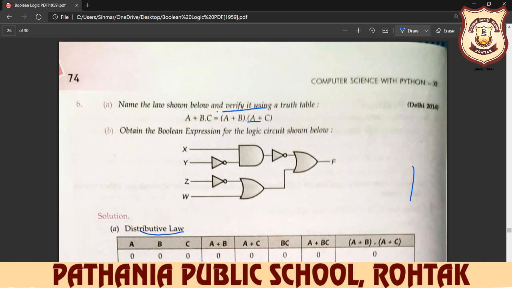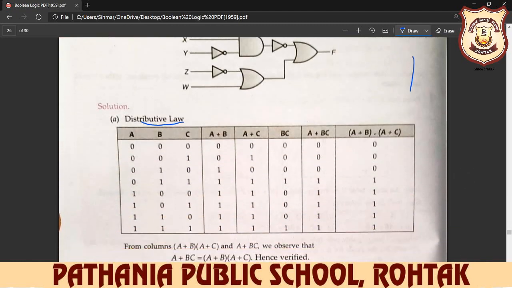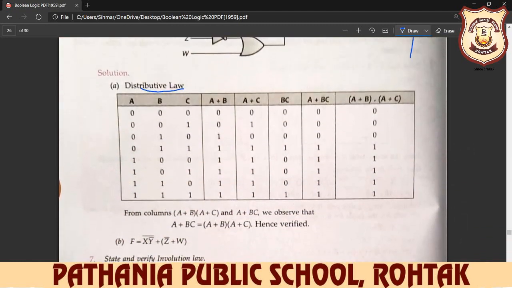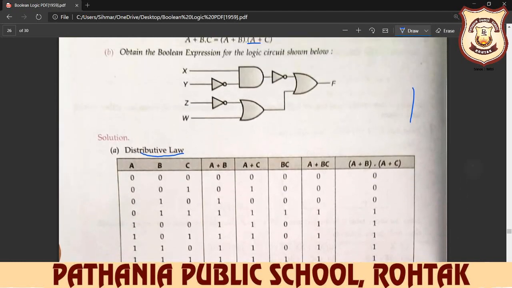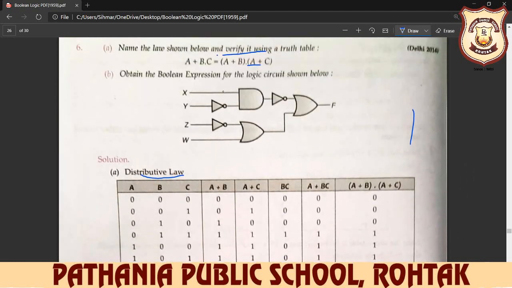After that Z complement W and an OR gate here, and after that OR gate. So what is the solution of this? X Y complement whole complement. How? You input the X here, so this is your X. After that Y complement here and then you complement the whole, the full complement, so you complement here completely.